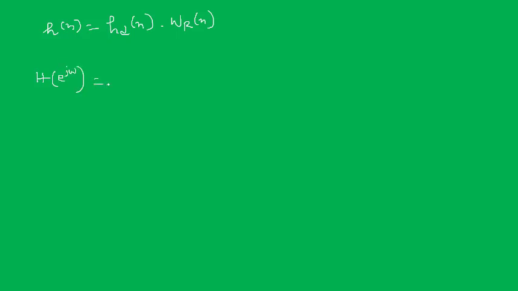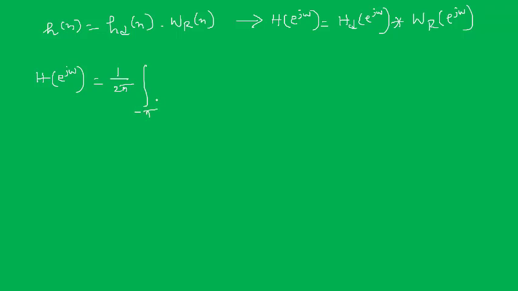Similarly we will get wh of e power j omega. So this will lead to convolution in the frequency domain. So h of e power j omega is equal to hd of e power j omega convolved with wr of e power j omega. That means, if we mathematically put it, we will get 1 by 2 pi integration from minus pi to pi of hd of e power j theta, rather,